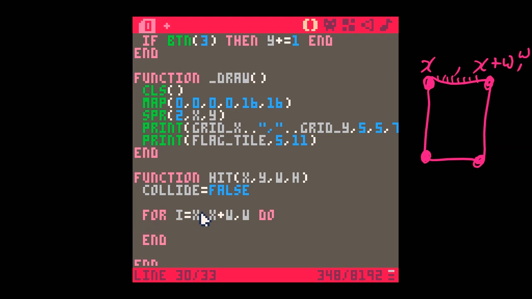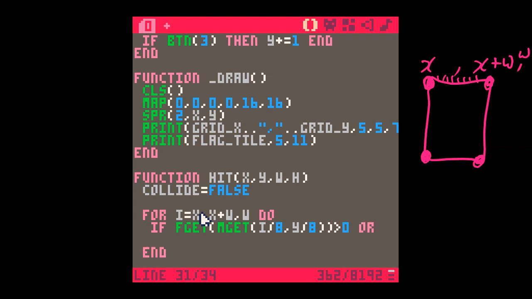So what am I actually going to do in here? Well, I'm going to ask the question, if fget, mget, so in other words, if the location at i over 8, comma, y over 8. So in other words, I'm checking for where it is and where it is with the width over 8. Okay. So if that flag is greater than 0,